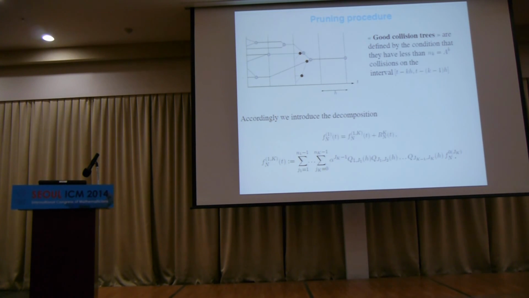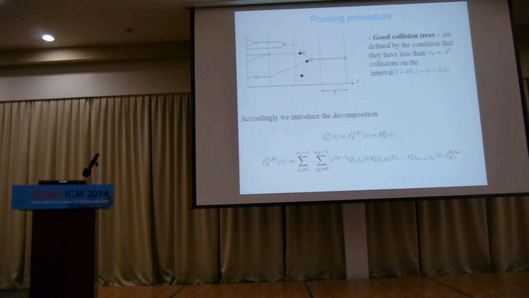So I give myself a small t. Hopefully t will be as large as alpha, so I can rescale. And I cut out my interval in intervals of size h. And h will be very small later on. It's basically the Lanford size, 1 over alpha. Okay, we'll see that later.